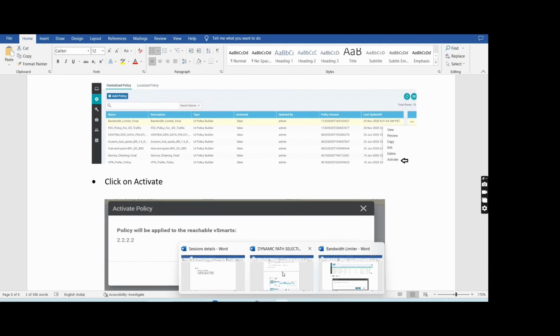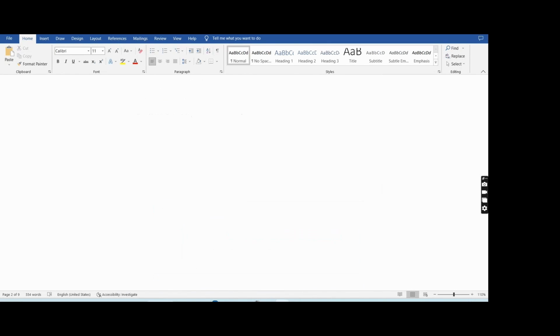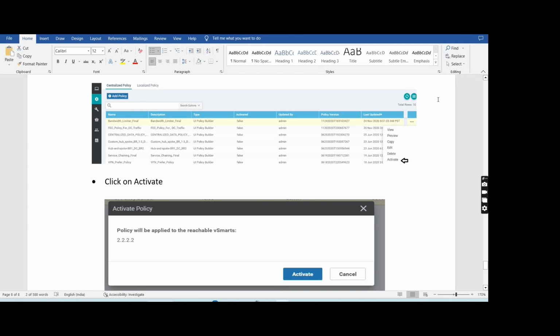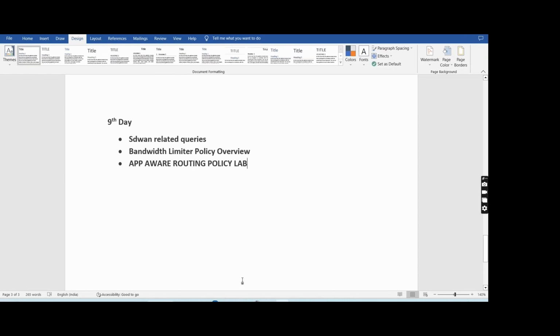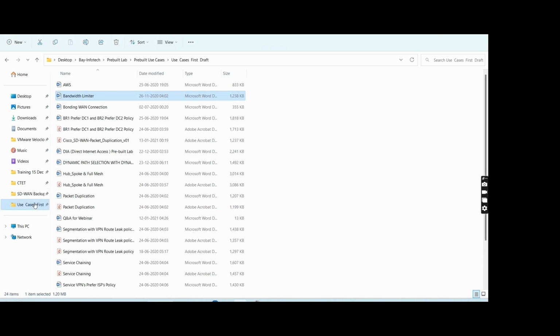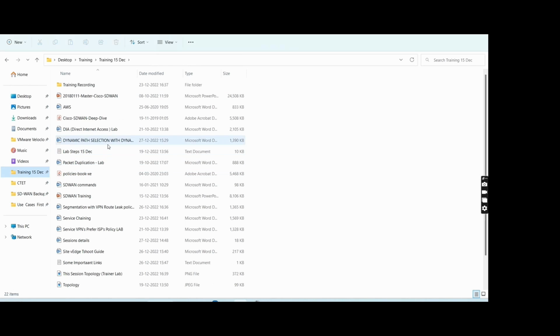And one day you asked me to show you some application aware routing policy. So that's something I'm having, so we will go through that one also. That is for